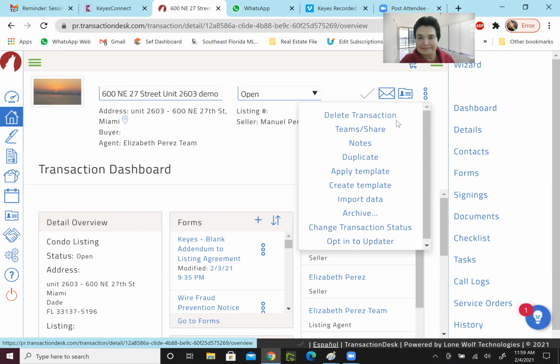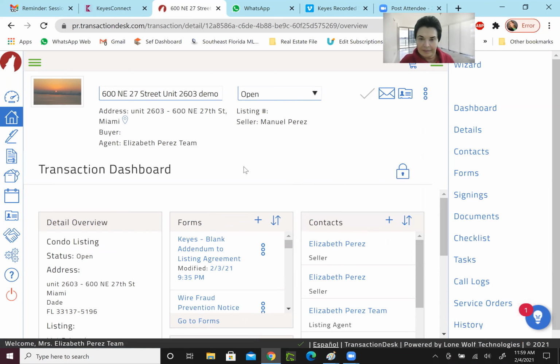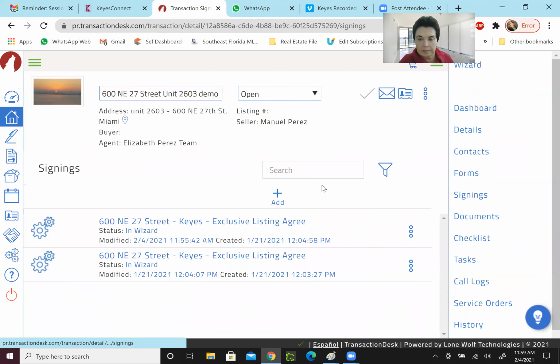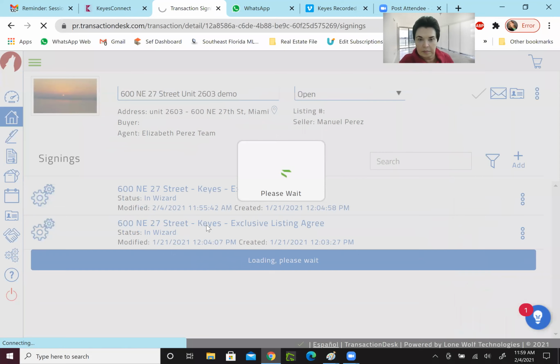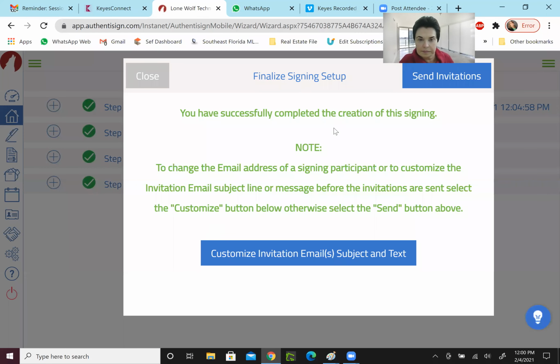Delete, and then you can delete it from there. So many places to do things. This is what this program has, that there's many places to do certain things. I want to go back to signing and I want to go back to the forms so I can show you something regarding